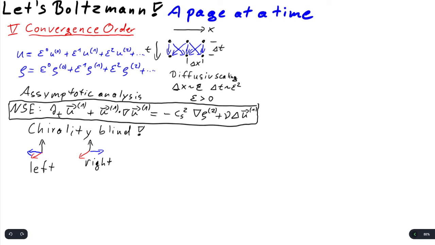And the same can also be said about the Lattice-Boltzmann method. So if we put the Lattice-Boltzmann method in a mirror, what happens is that we have our coordinates, we have our lattice nodes, and we have distributions moving, and all of this looks exactly the same, only that now the direction x, which we write with a small dash, is going in the other direction, whereas time still goes in the same direction.